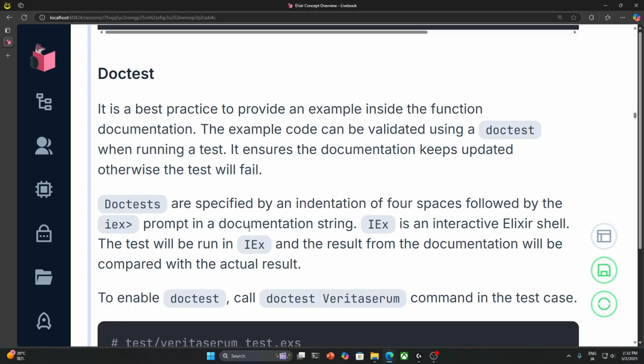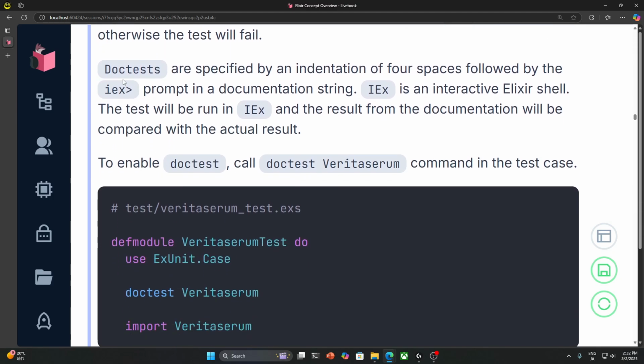Doc test. So it is a best practice to provide an example inside the function's documentation. The example code can be validated using a doctest when running a test. It ensures the documentation is kept updated, otherwise the test will fail. And doctests